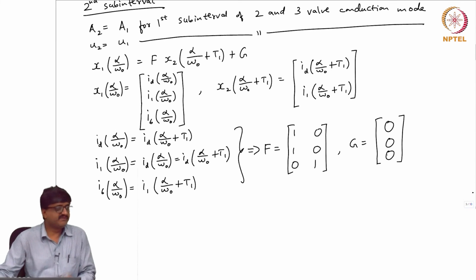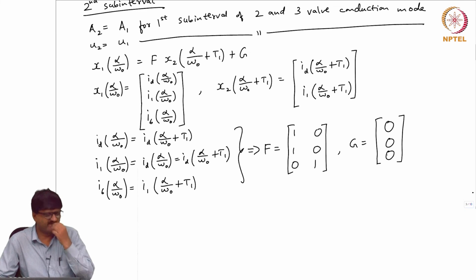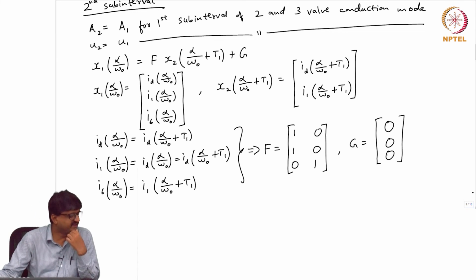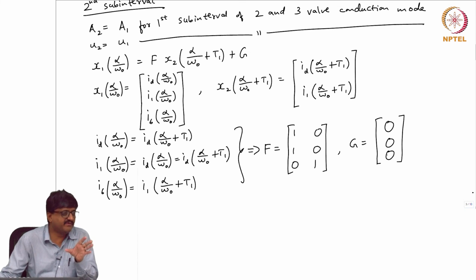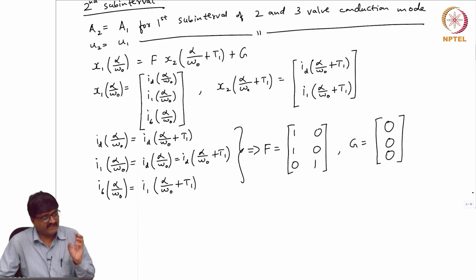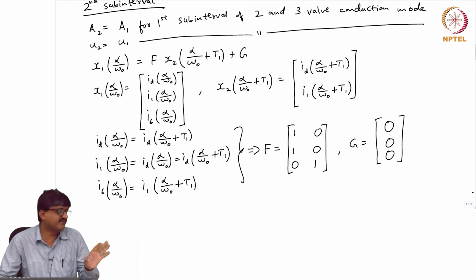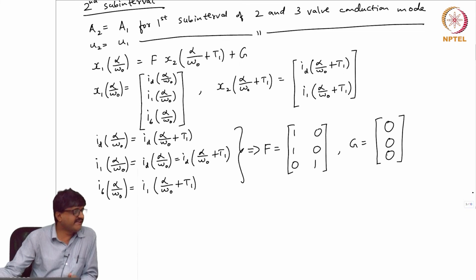This general solution is something which will be very helpful, and of course, one has to use a computer to solve for T1, otherwise a calculator cannot be used for solution of such nonlinear equations. But before using the computer, there is one integration that you have to do manually. Please note, there is an integration. If you recall, in the solution for the scalar T1, lowercase t with a subscript 1, there is a nonlinear equation involving an integral. So, only after simplifying this integral can you solve the nonlinear equation. Now, how to do that integration?